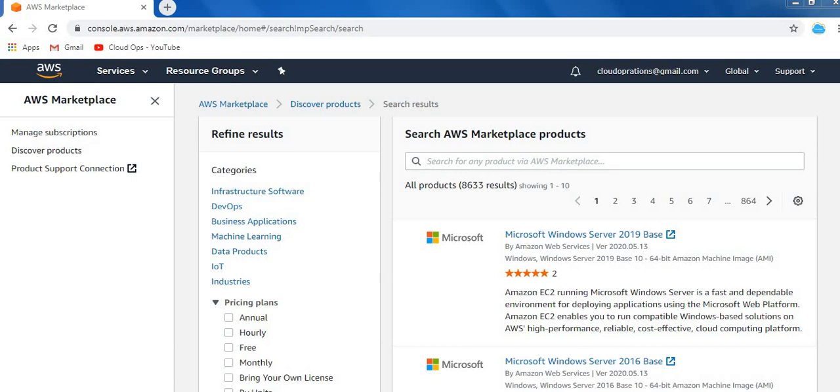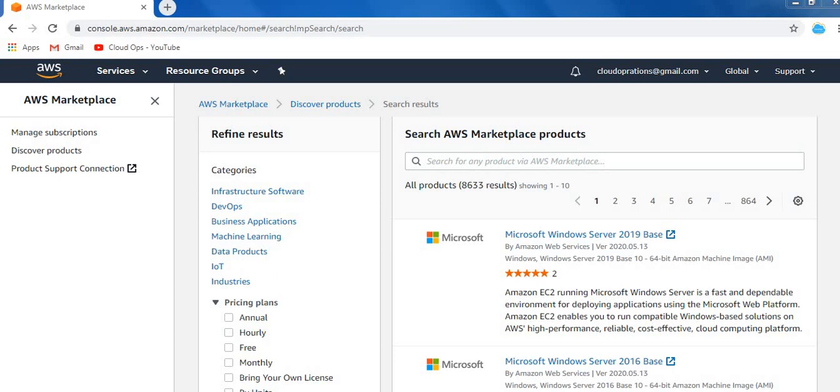So Cloud Endure is basically a tool from where we can migrate on-premise servers, physical servers, and virtual servers from VMware, of course, and from any cloud to AWS. So we can migrate a small number of servers or a large number of servers, and this tool is also going to be used for disaster recovery.